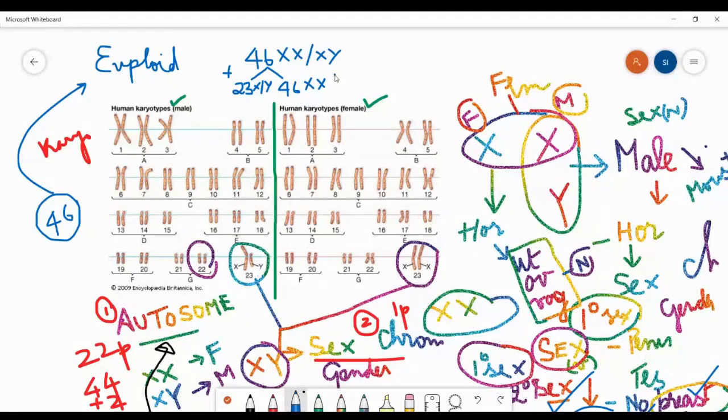You have to be very careful. This is how it will go in genetics, XX, XY, and this will result in